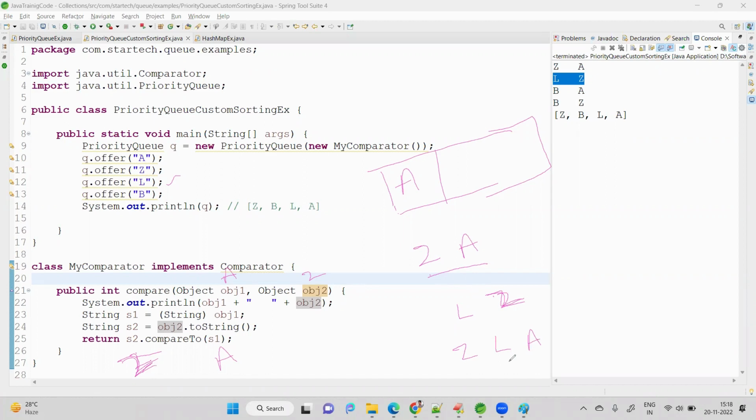ZLA is fine. Next, again adding B. B means it will check B comma A. B. Fine. No. B will compare with Z again, and then it is no. So it will go next place. No, first Z compare. B will come, and then BL compare, and then no, BL first. It is LB will come. Then